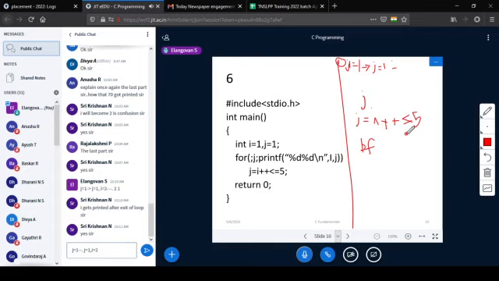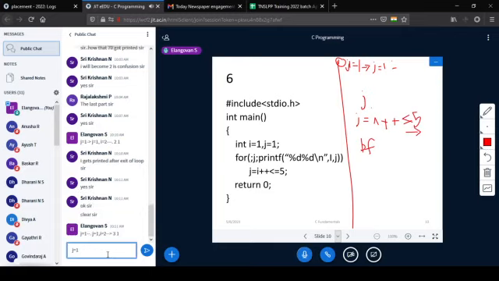The second iteration is this. Again, j is 1, j will be again 1 and i will be 4. Sorry, the previous one is 3, 1. i will become 4 and 4, 1 will get printed.